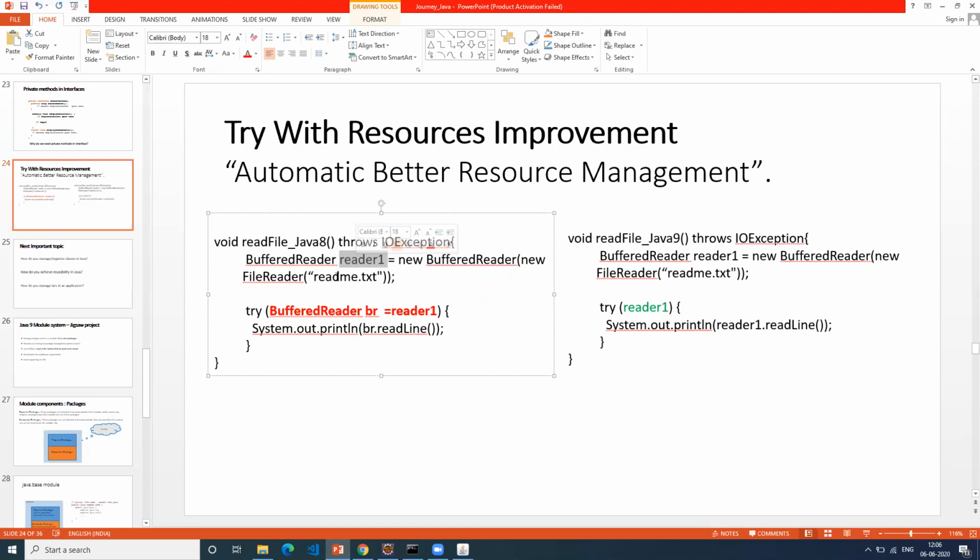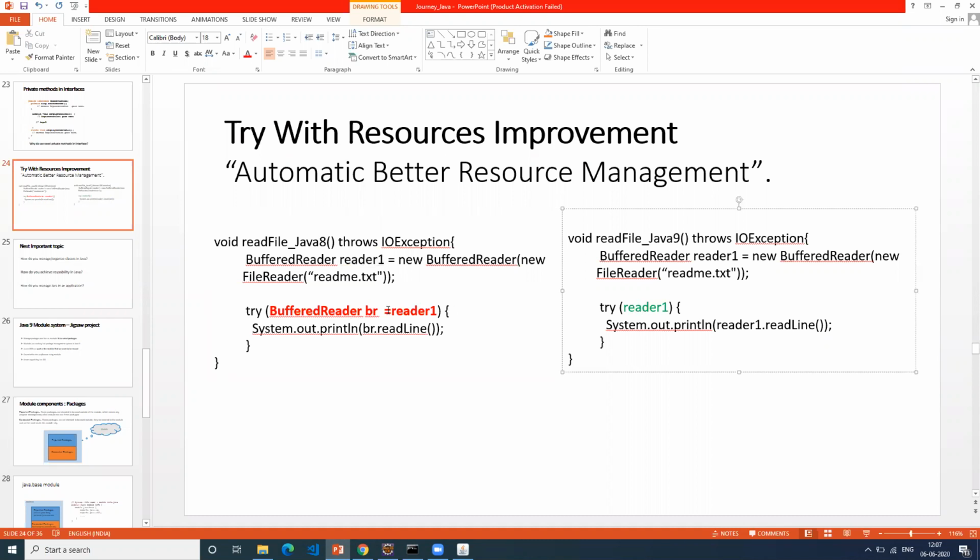Once you get this buffered reader, in Java 8 you have to assign that buffered reader to try with resources. Try with resources was introduced from Java 7 onwards. The buffered reader has to be assigned to BR, then I can use this BR in my method. This is Java 8, a very minor change.